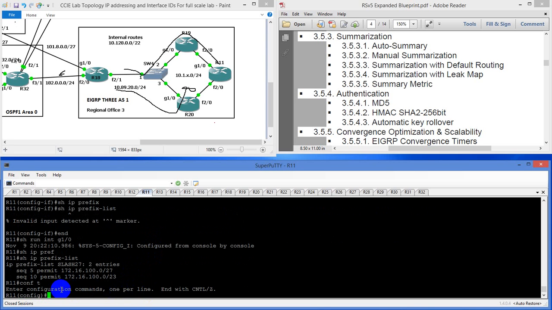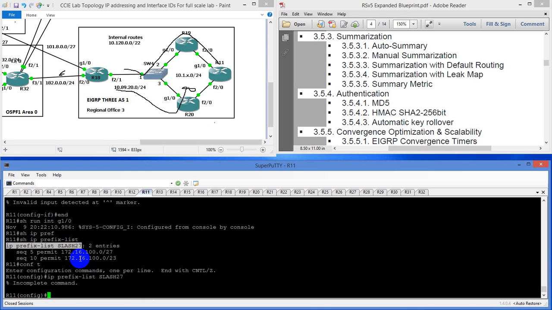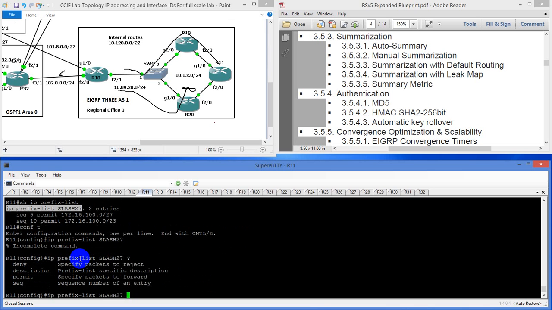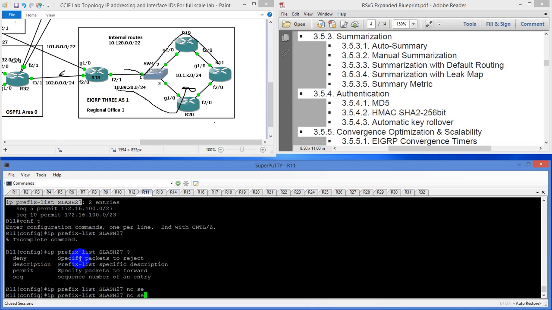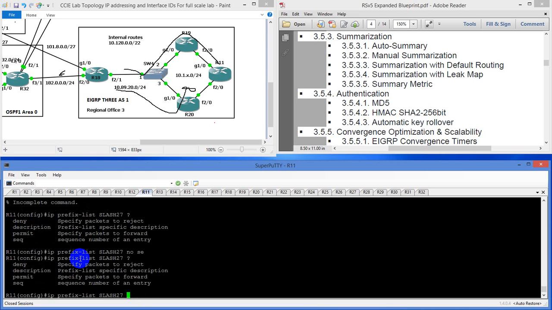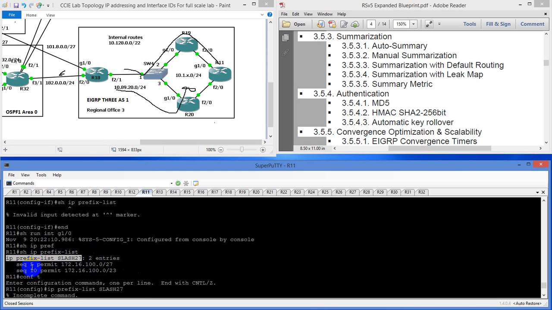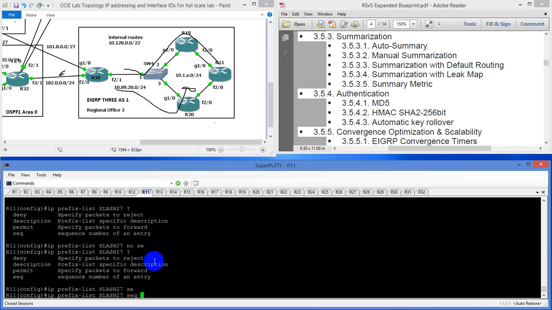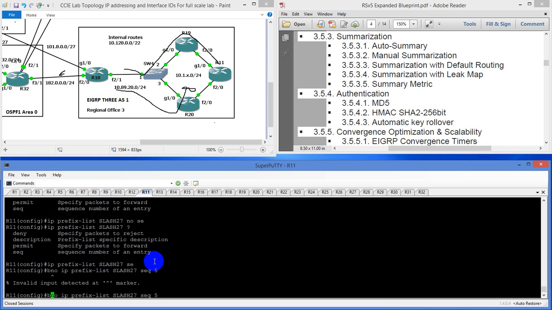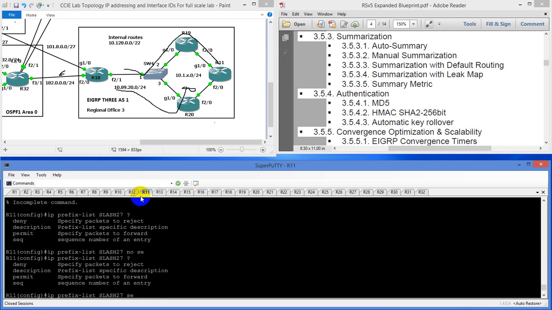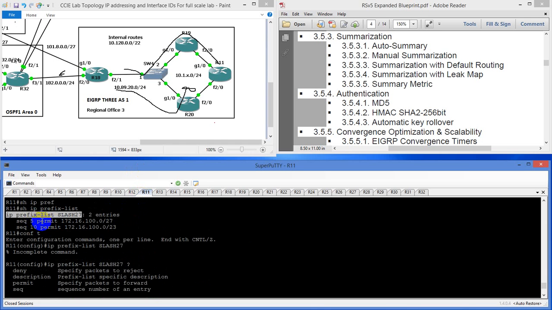Let's actually do this. If you type in no sequence, and we'll say 10, we want to pull the 27 out. We could do sequence 5, control A, no, that should pull it out. Sequence 5, oh yeah, sometimes it just bugs you. Permit